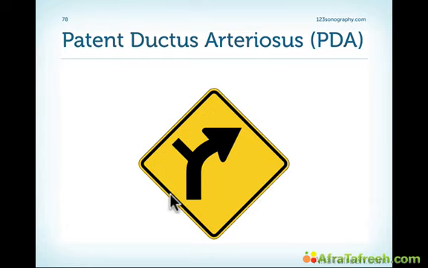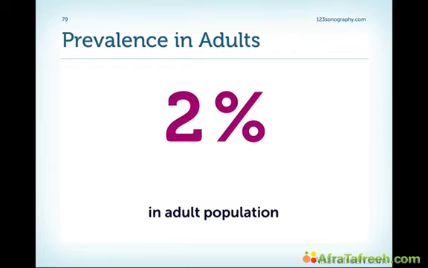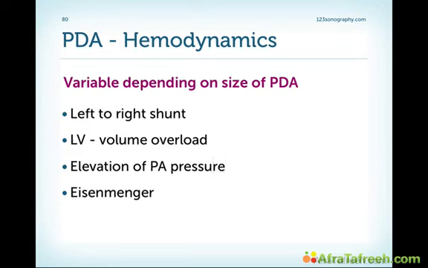Now finally, the last form of a simple shunt lesion we would like to discuss is the patent ductus arteriosus. Prevalence in adults is rather low, about 2% in the adult population. We have, again, as a consequence of the PDA, a left to right shunt with LV volume overload, but again,